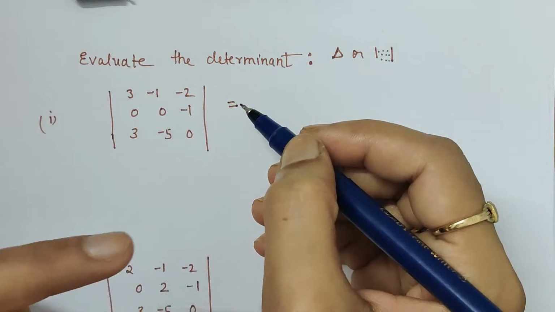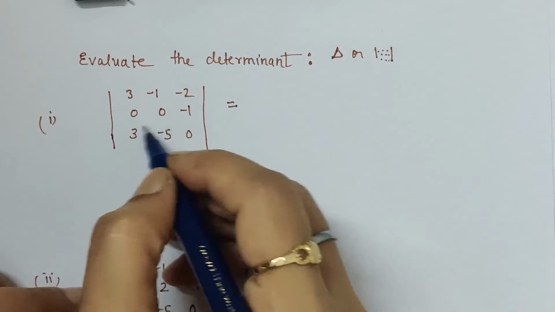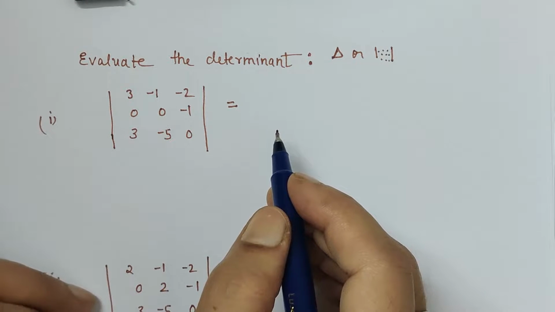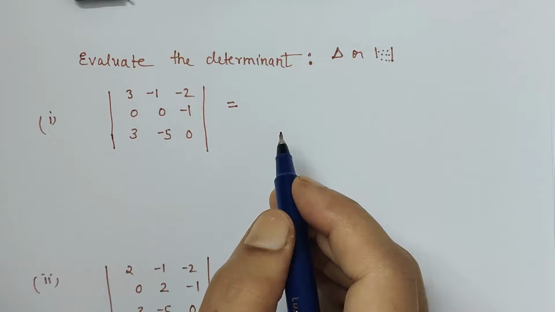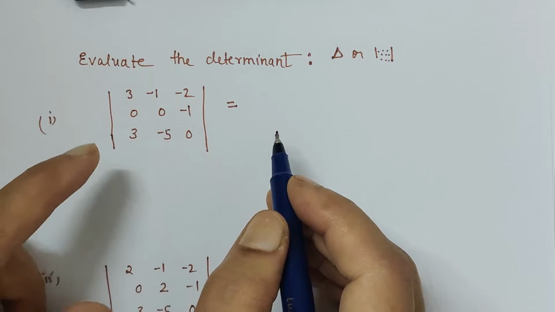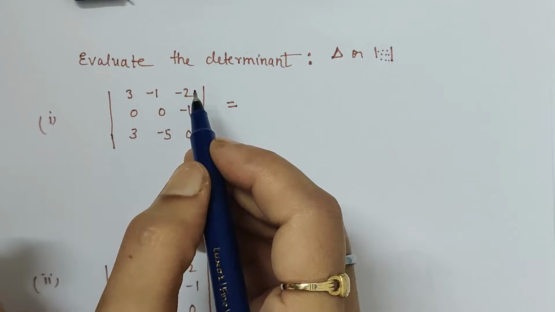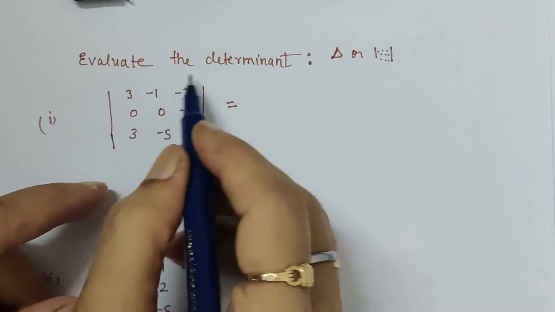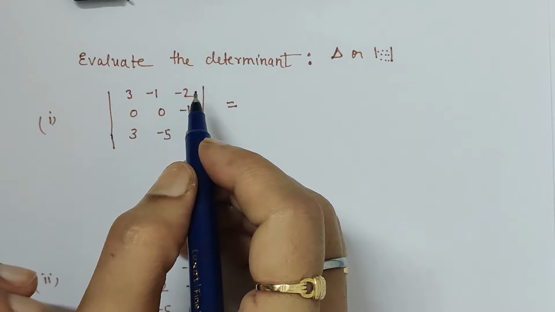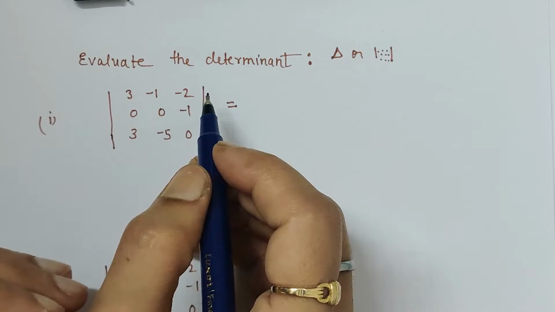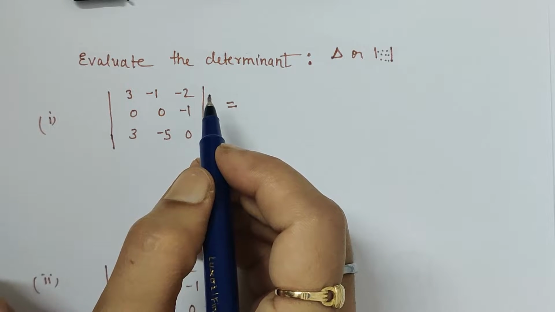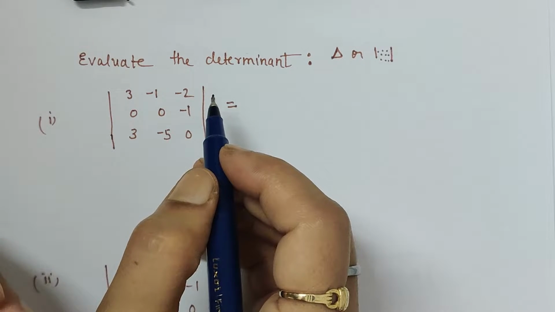See, determinant can be calculated along any row or any column. Okay, so I'll show 2-3 different ways of finding the determinant, and the answer will be the same in every case. Most commonly we find a determinant along the first row. We should also know whether the position of the element is odd or even. If the position of the element is odd, in that case we have to put a negative sign before it,